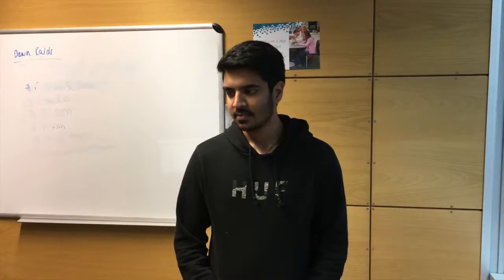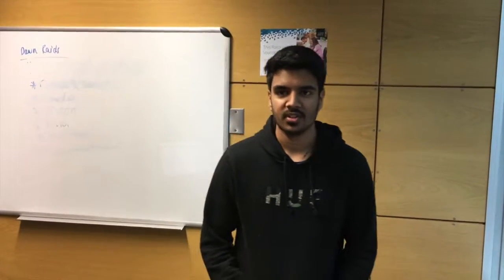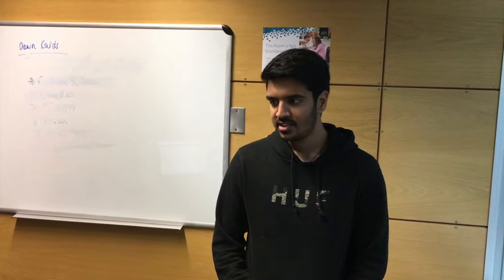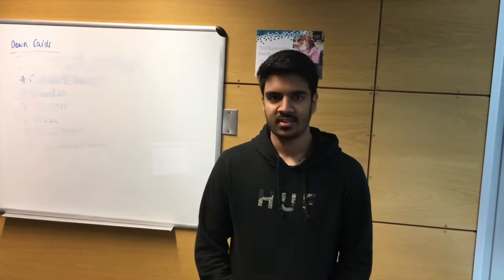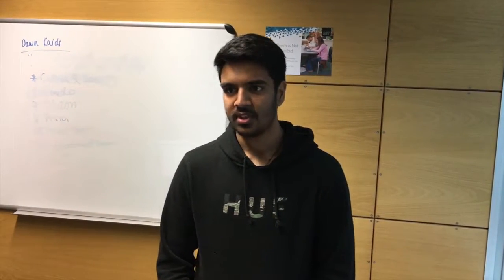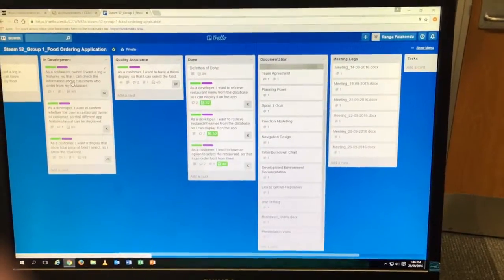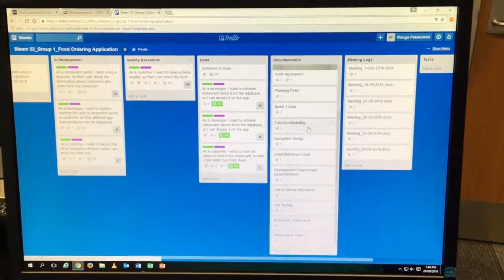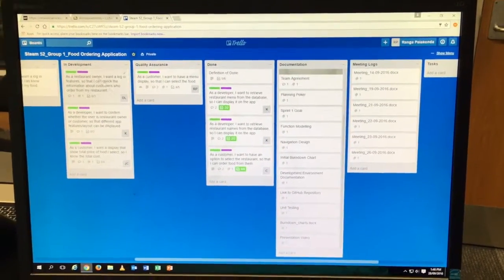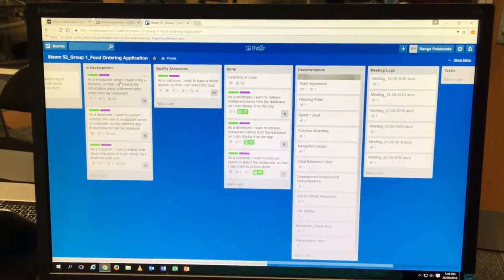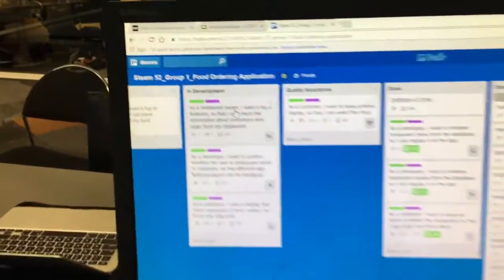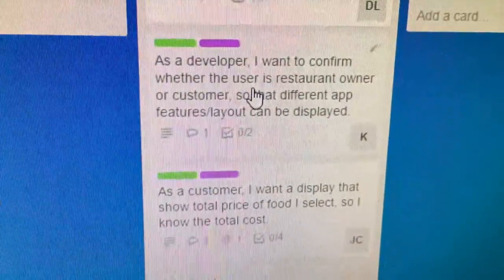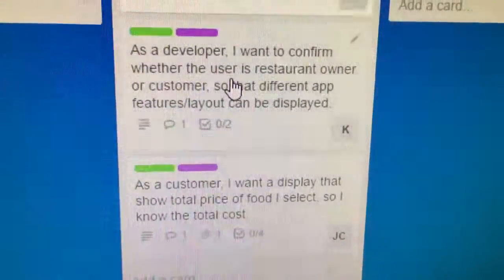By the end of the first sprint, our sprint goal was to have an intuitive GUI, login features, a working database function, and a total price function. We chose these user stories to be in Sprint 1 as they satisfied our Sprint 1 goal. This one is the restaurant owner features, so they can log in and manage their restaurants as part of the GUI. This one is to confirm whether the user is a restaurant owner